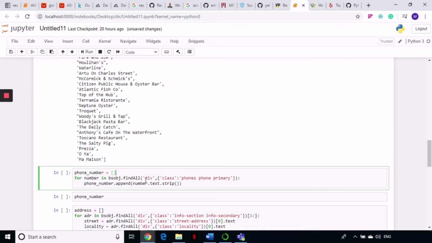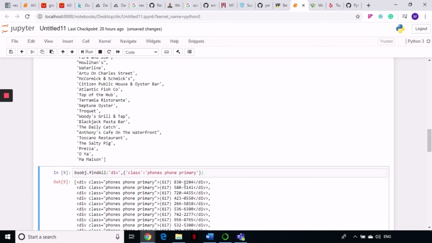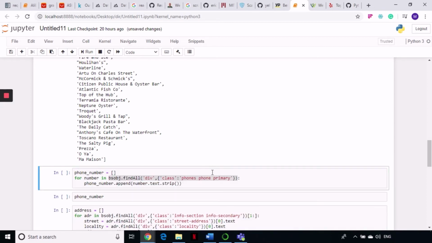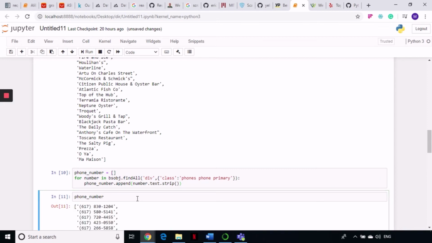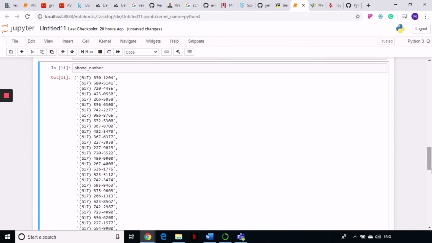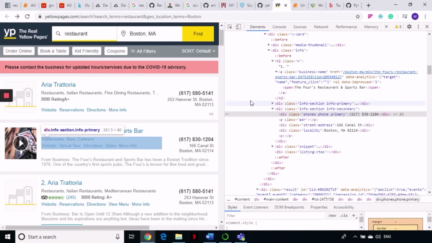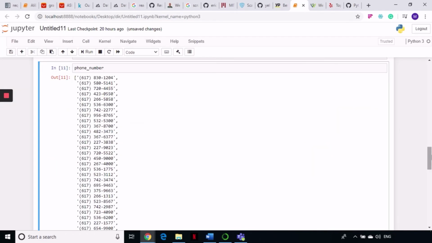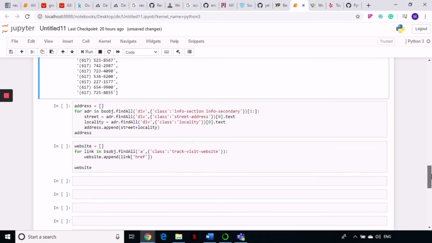So from there I will get my... So I get all of this list, and from there I want to grab these phone numbers. So I can just do a .text and .strip, and I will get my phone number out. That's what I'm doing here. So on my number, I'm doing .text and .strip. So I will get my phone number, and let's print this list, and we get a complete list of the phone numbers. If you see, the first number is 1204, and let's confirm it, and we didn't get the ad